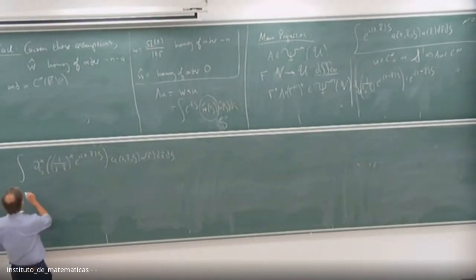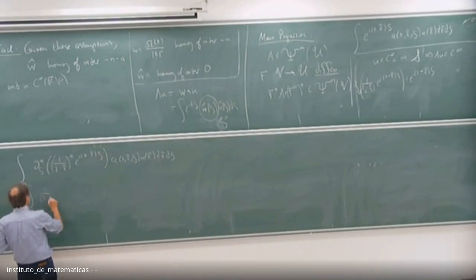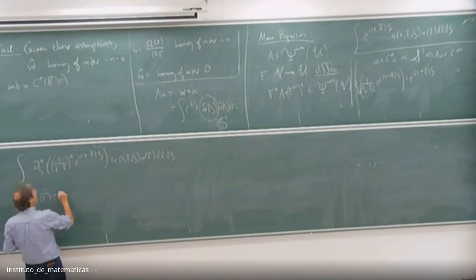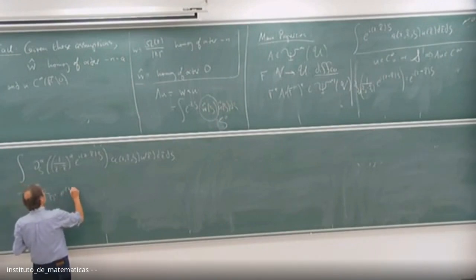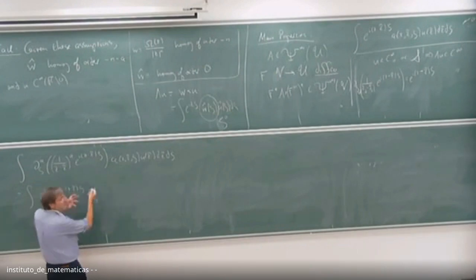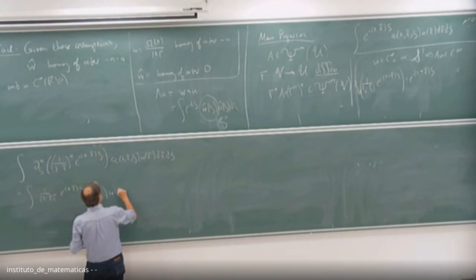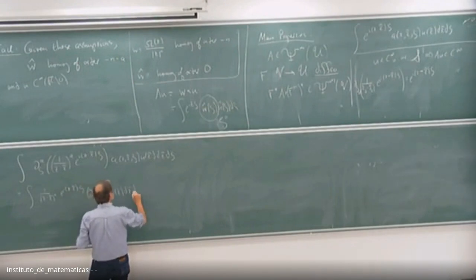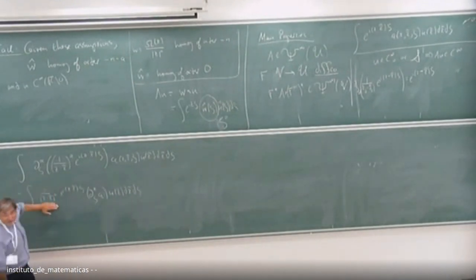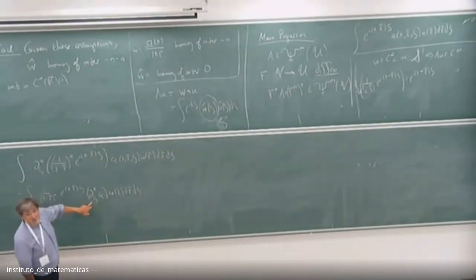Then I want to formally write this as 1 over z minus z tilde to the alpha, e to the i z minus z tilde dot zeta, and then times d zeta to the alpha, times minus 1 to the mod alpha, of a times u of z tilde, d z tilde, d z. Now I've said something slightly wrong, because with the z minus z tilde you have to worry a little bit, so I'll maybe correct that next time. I just can't think in front of the classroom. But the point is, this is better.